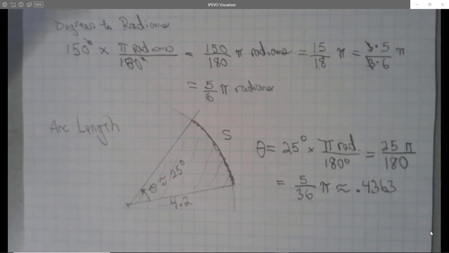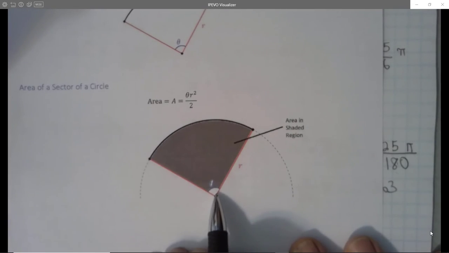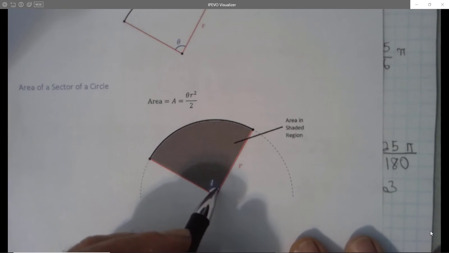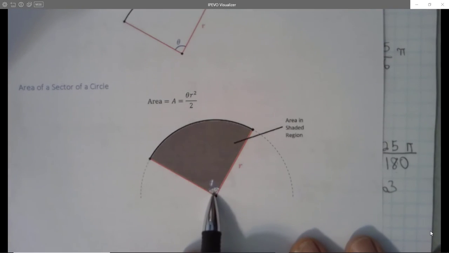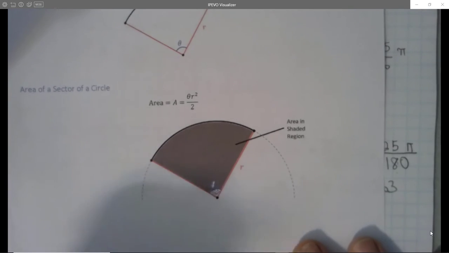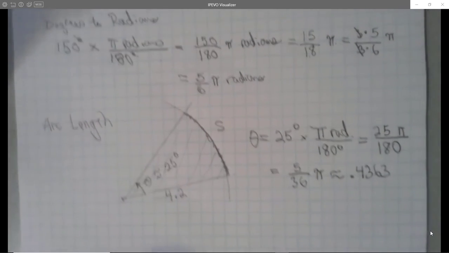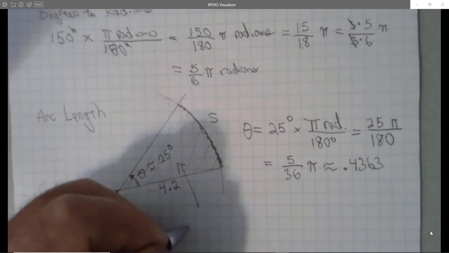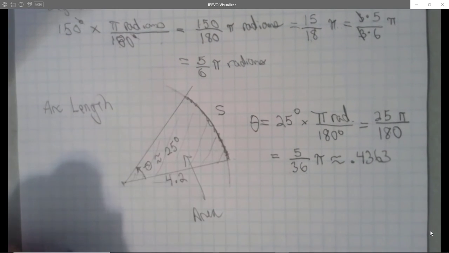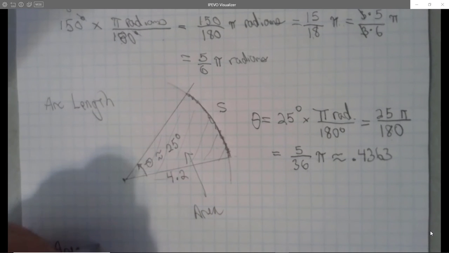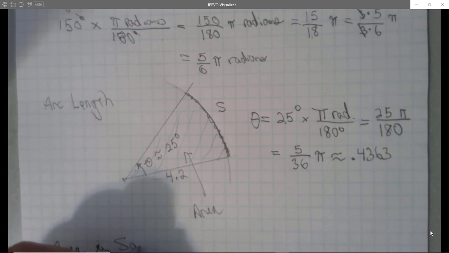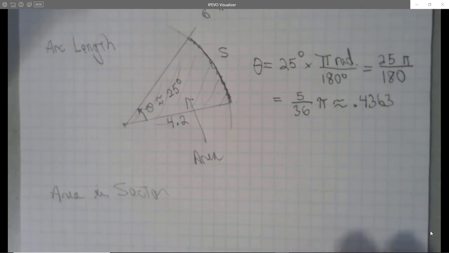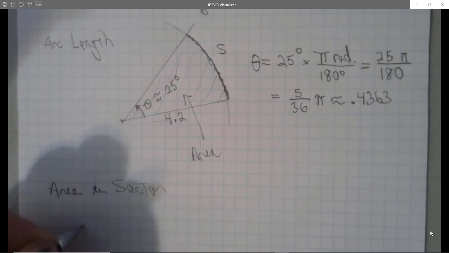By the way, on the formula sheet, it sort of looks like there's a little bit left out. That's a feature of Microsoft Paint, not of the mathematics. So that part of the area is included in here mathematically. So if we want this area now, this sort of shape is called a sector of a circle. So the area within a sector is given by